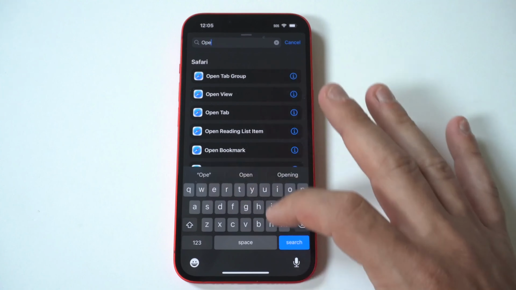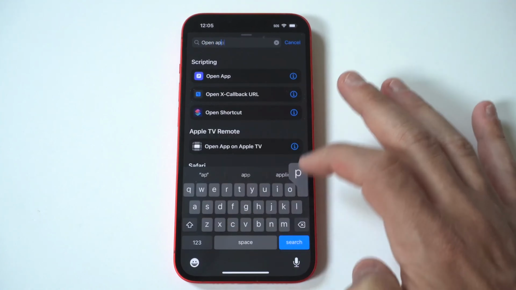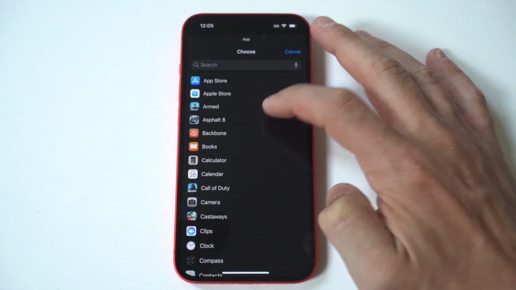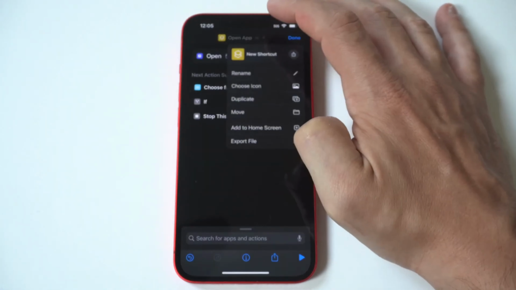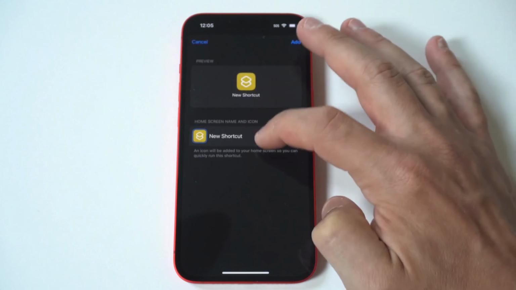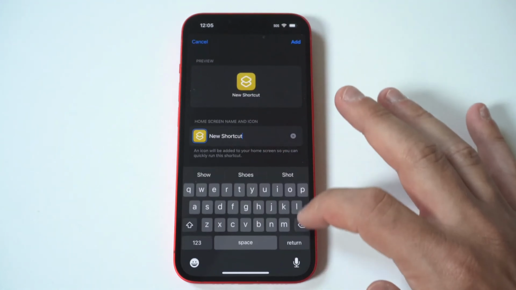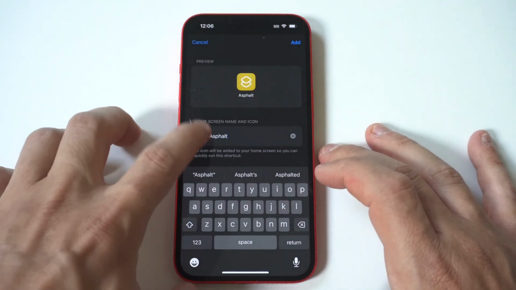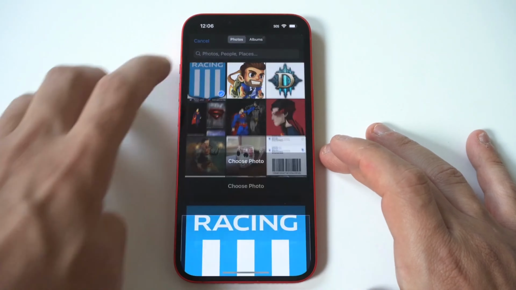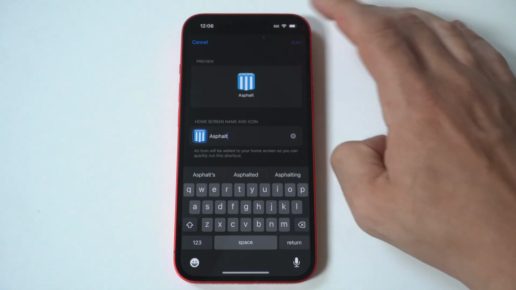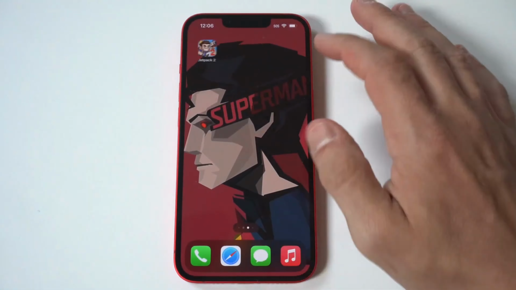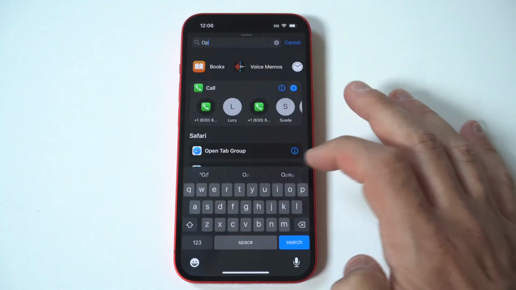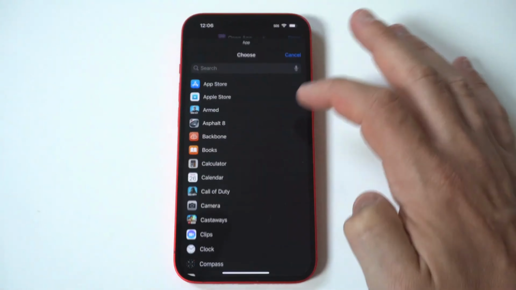Now, I said I'm going to do a couple more examples for you guys, so let's go through this once again. Open the Shortcuts app, hit the plus icon in the top right-hand corner, choose Open App, choose the app, and then add it to the home screen, name it, and then click Done. Okay, one more time. Okay, hit the plus icon, choose Open App, choose the app, then add it to the home screen, name it,